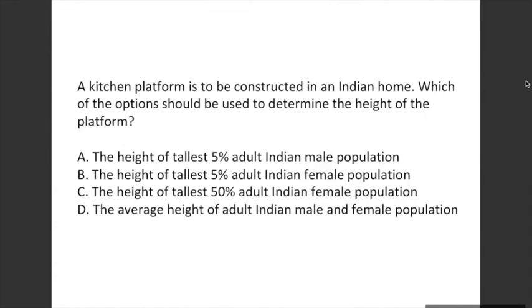Okay, does everybody agree that option A and B are incorrect? Yes, ma'am. Yes, because if we take the tallest 5% male or female, that height will be catering to only the 5% of the tallest males and females. The average-height male or average-height female will be left out of the group, which may occupy a larger position in terms of the population, which may have a higher number in terms of the population. Then I question whether I should take C or D.